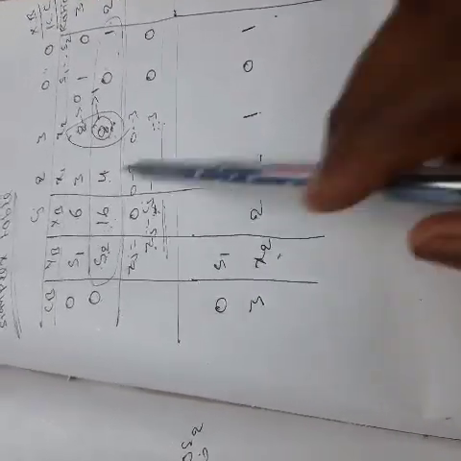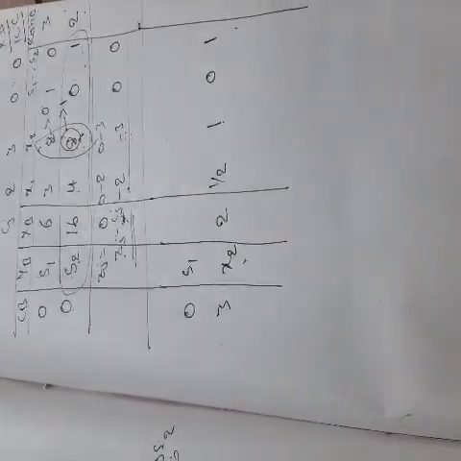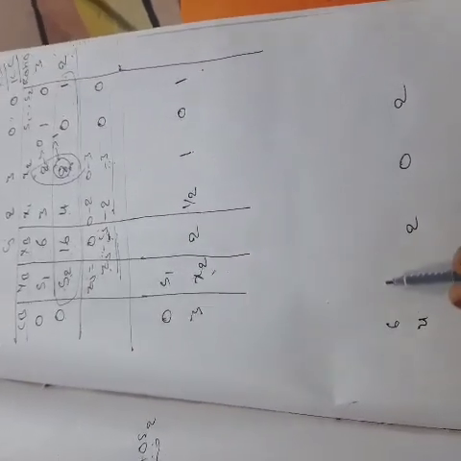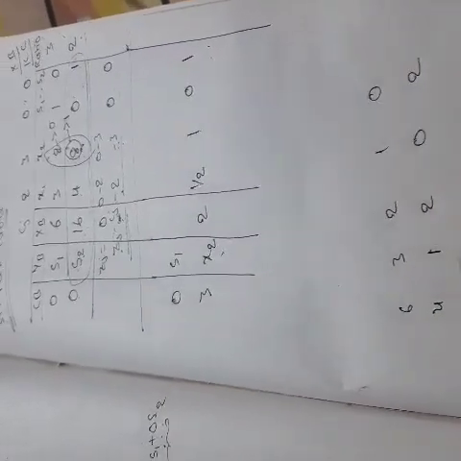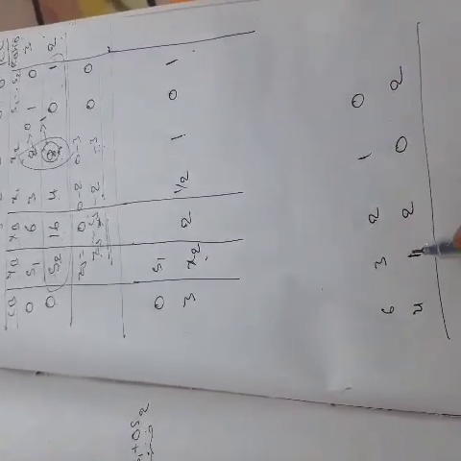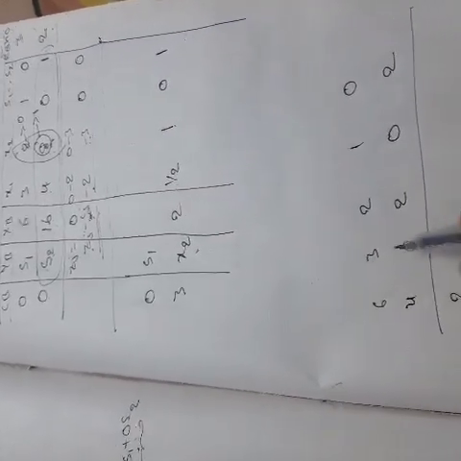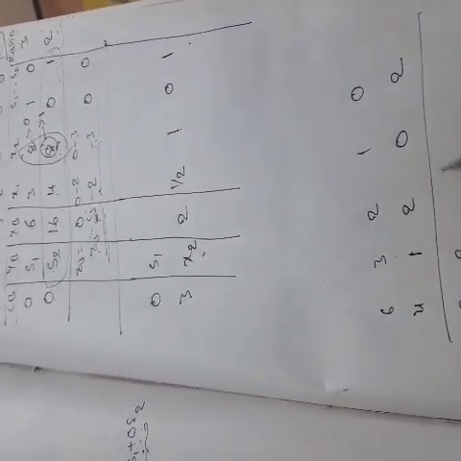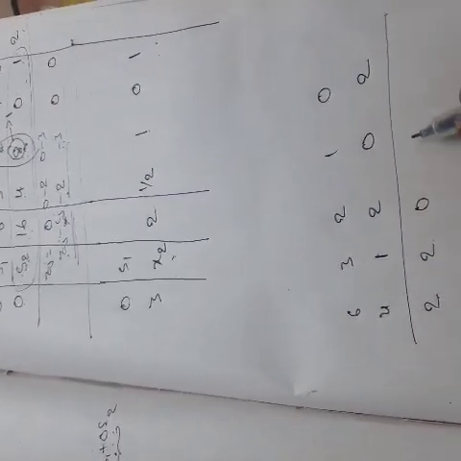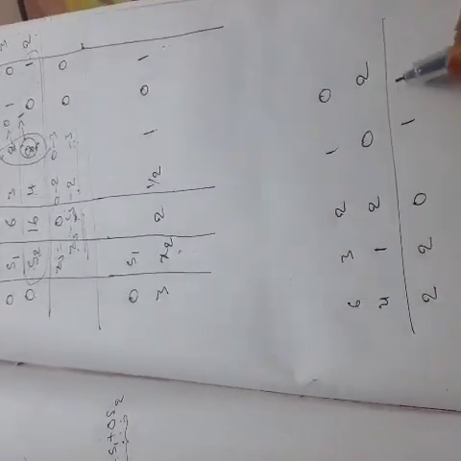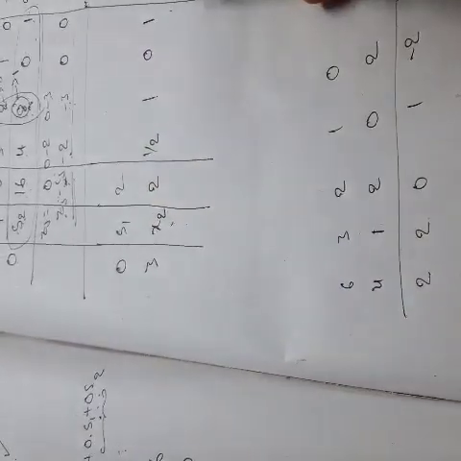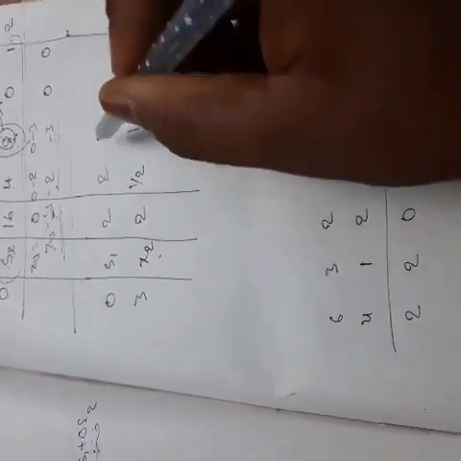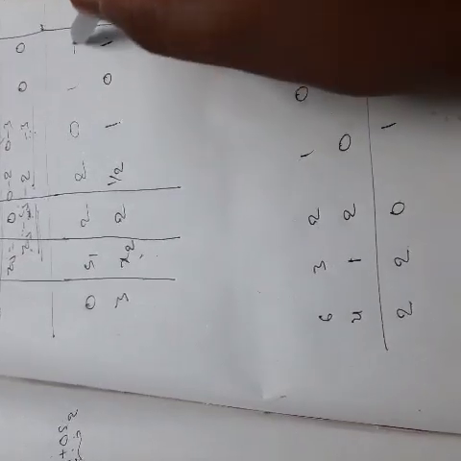Okay. So after that, the row here is 6, 3, 2, 1, 0. Now subtract both of these. We get 6 minus 4, 2. 3 minus 1, 2. 2 minus 2, 0. 1 minus 0, 1. 0 minus 2, minus 2. Write down these values in here. So the remaining values are 2, 2, 0, 1, minus 2.